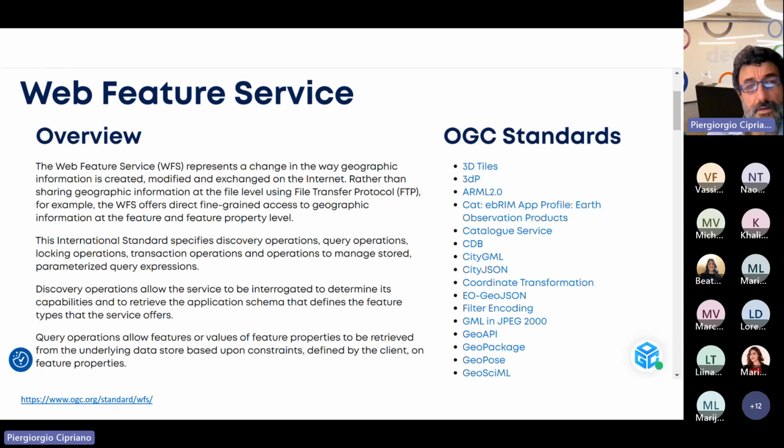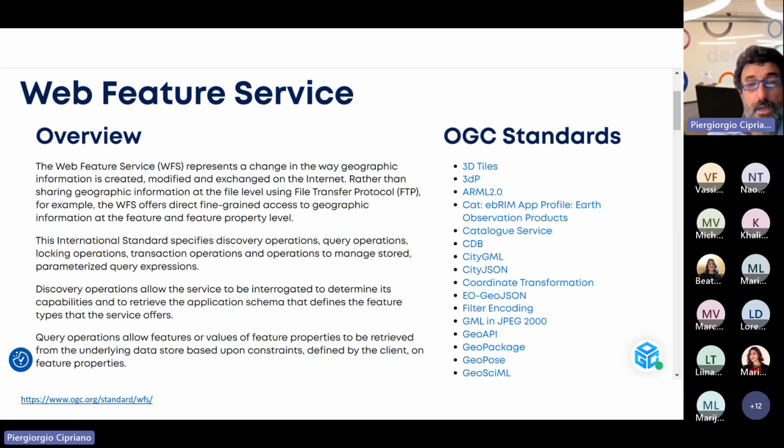Similarly, another standard that OGC published at the beginning of 2000 is the Web Feature Service, which was introduced to allow not only the sharing and publishing of maps in terms of graphical representation, but also accessing geospatial data in an interoperable way.